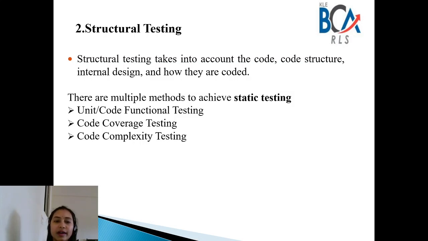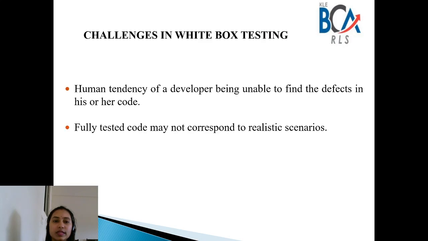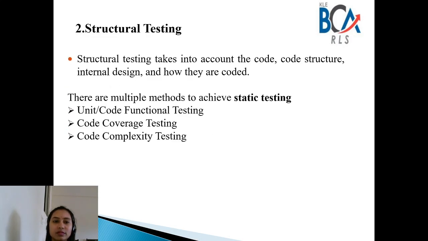It can also help identify the critical portions of the code and execute them often. There are also types of code coverage, as you saw in the diagram: statement coverage, path coverage, condition coverage, and function coverage. These are all the structural testing and static testing methods.